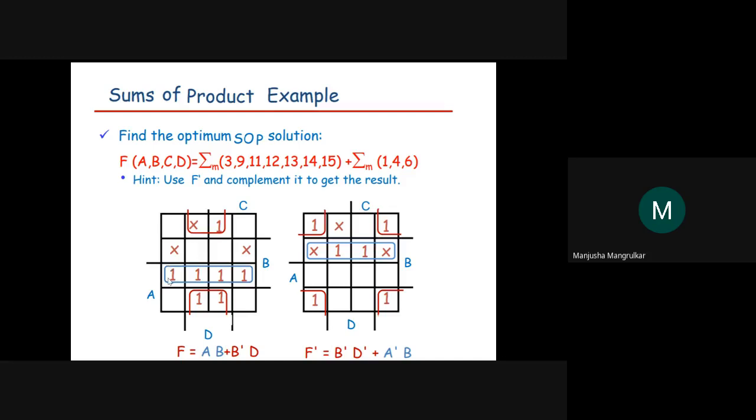Now we have done this one grouping, and this is another, so we'll consider this don't care also for one more grouping. But if these two are left, we don't bother about that don't care, right? So we can do the grouping with the don't care terms.